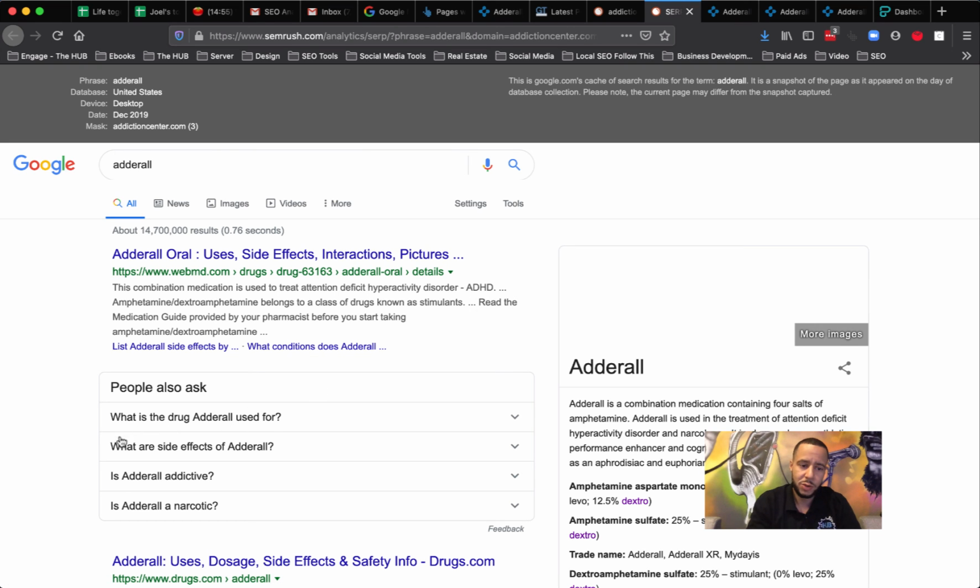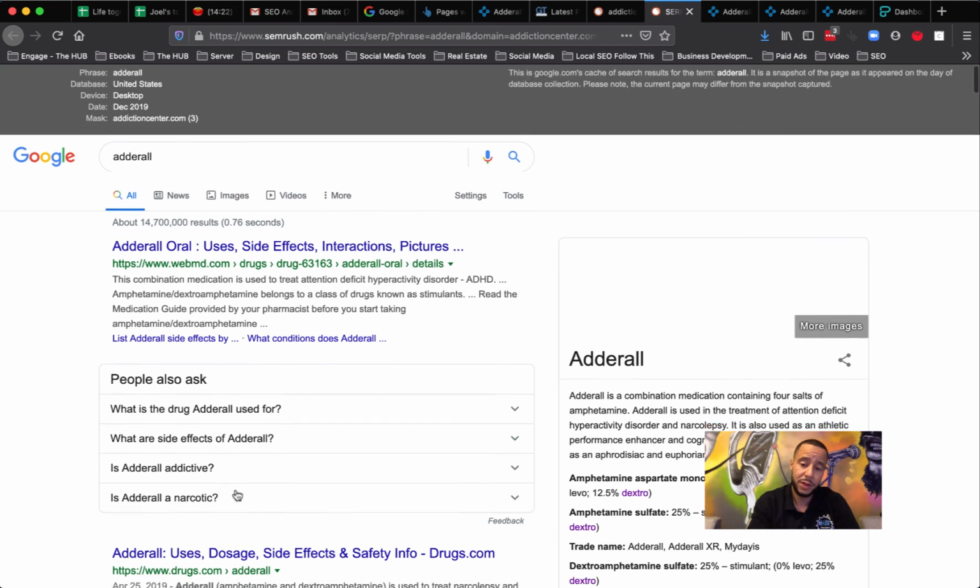I would try to use these keyword phrases or these questions in our page. That way, by adding those, we can see if it makes some difference. But we want to, one, get people to spend more time on our page. We also want to have certain keyword phrases or certain questions, such as the ones that Google already likes, and that's why it's up here. And then we also want to add schema, so that we can be featured here. So we want to make sure that we do that.